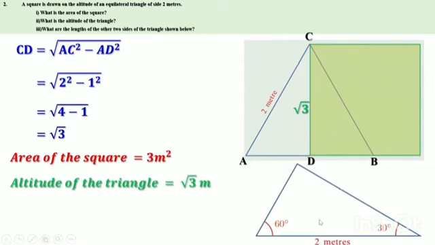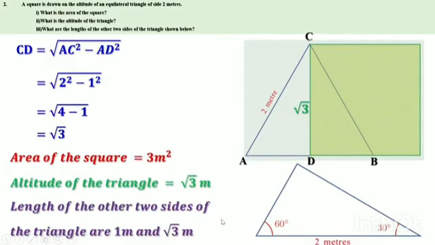That means one side and two angles at the end of this triangle are equal to one side and two angles at the end of this triangle. So the triangles are equal. Therefore their remaining measures are also equal. That is, the angles and sides of these two triangles are equal. Here side opposite to 30 degree angle is 1 meter and side opposite to 60 degree angle is root 3 meters. That means this is 1 meter and this is root 3 meters. Or the other two sides of this triangle are 1 meter and root 3 meters.